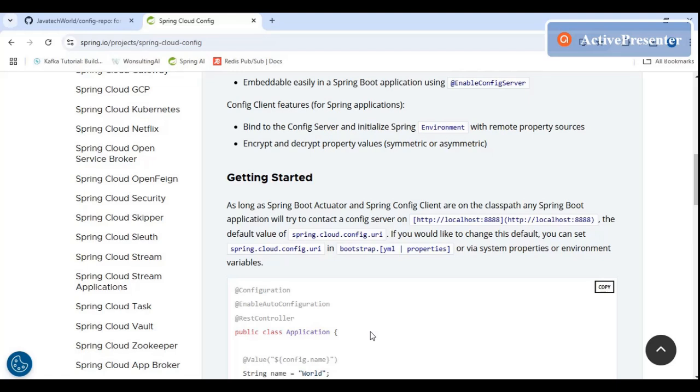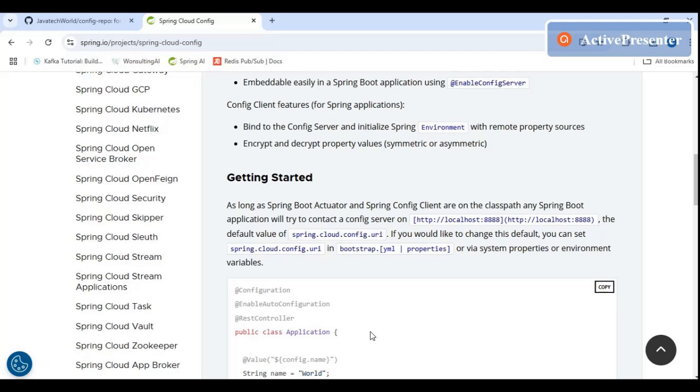It will be reading all the application.properties present on the GitHub, and then I'll be creating a client application. That client application will be having application.properties, and those would be read from config server, and that config server is inherently reading the properties from the GitHub repository, right? So it will be a backtracking kind of an application.